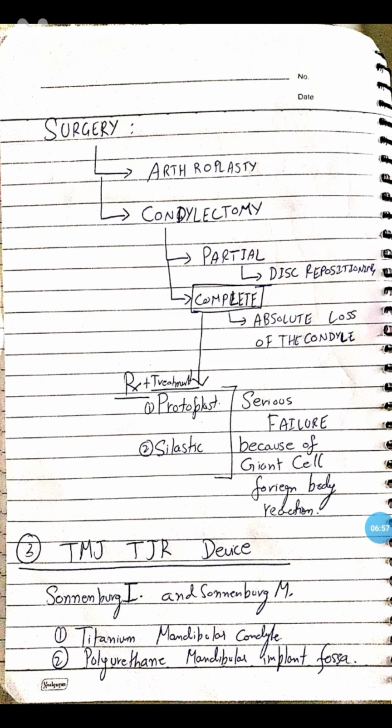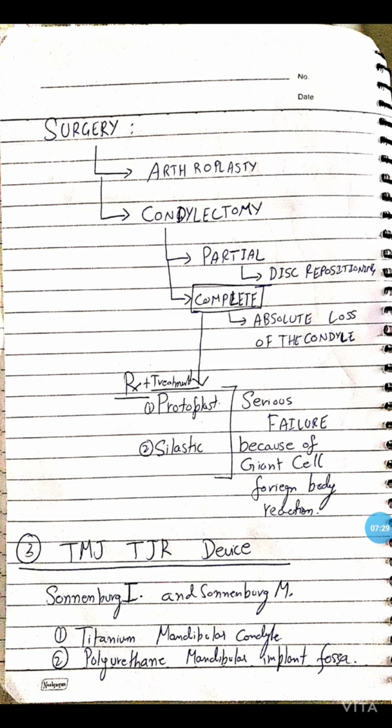Now Yoda et al. in 2020 published an article in which they stated that they've tried to use the Biomet total joint replacement system. I would like to explain this system a bit further: the Biomet total joint replacement system was approved by the FDA in 1995 for clinical trials, and it was completely approved as a clinical device in the year 2005. So that's 10 long years which it took before it was finally approved.